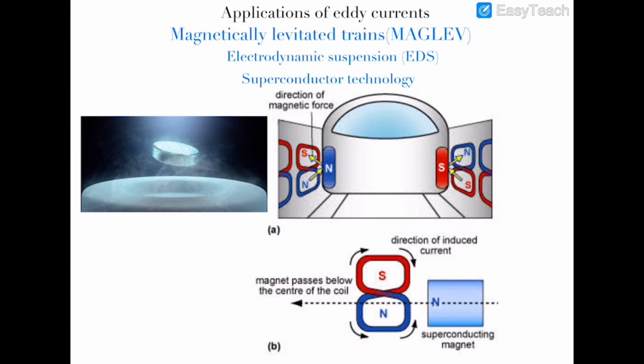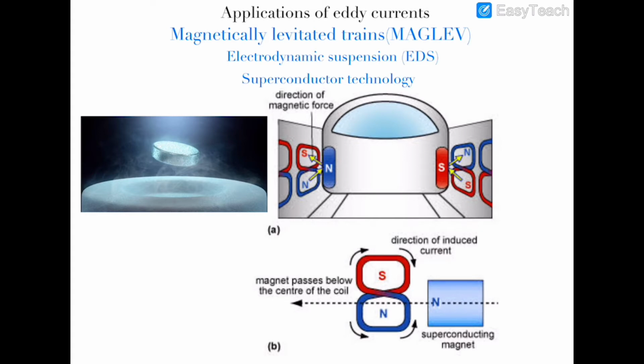Now, for any material, if we cool it down below its critical temperature, then it would enter the stage of superconductivity, and in that stage the resistance of that material becomes absolutely zero. The property which is very useful here is that these superconducting materials are perfect diamagnetic materials, and diamagnetic materials do not allow the external magnetic field lines to pass through them. In fact, they repel the external field lines.